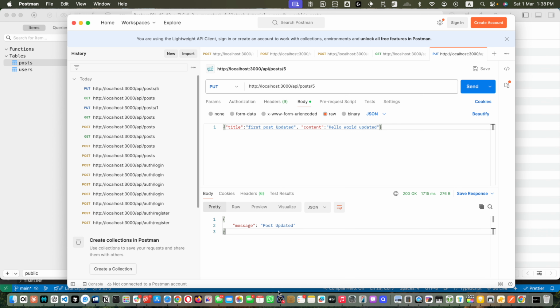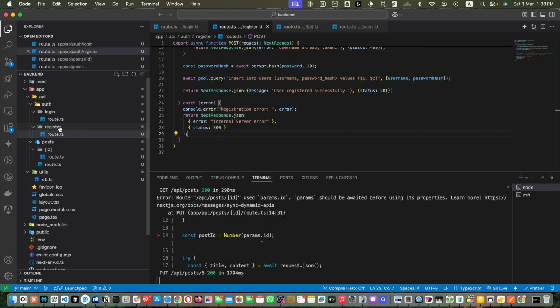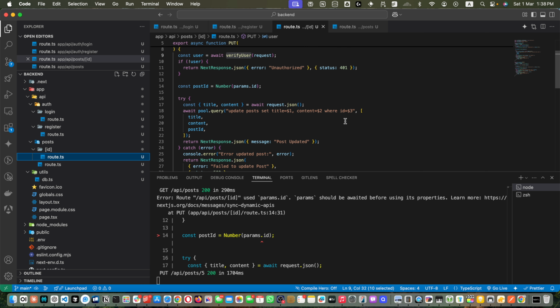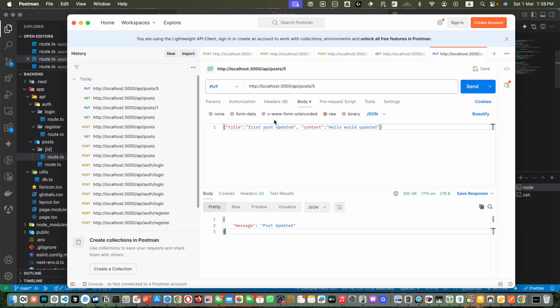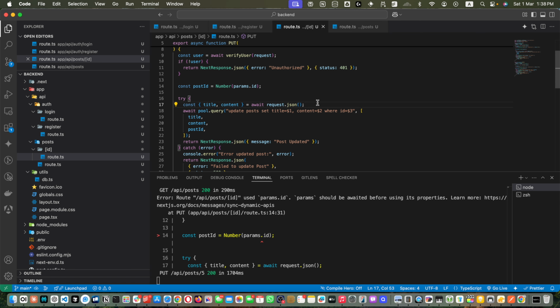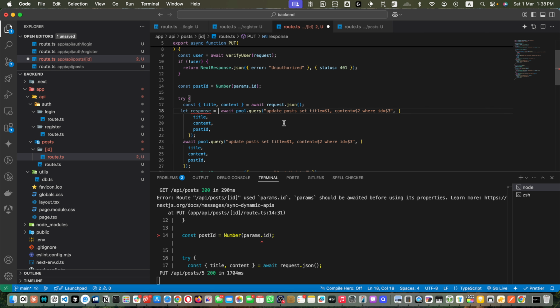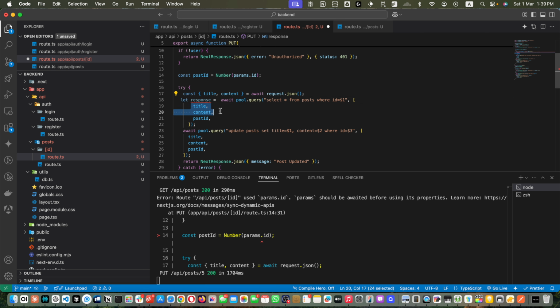So let's quickly go back to our put endpoint here and see what's going on. So here we got the post ID, but we didn't check if that post ID exists or not. So that's why we did not get any error. We can write a logic to handle that part if you want to. For example, you can just copy the same code here like this and let response is equal to, and here I would say select all from posts where ID is equal to 1, and here I would just pass the